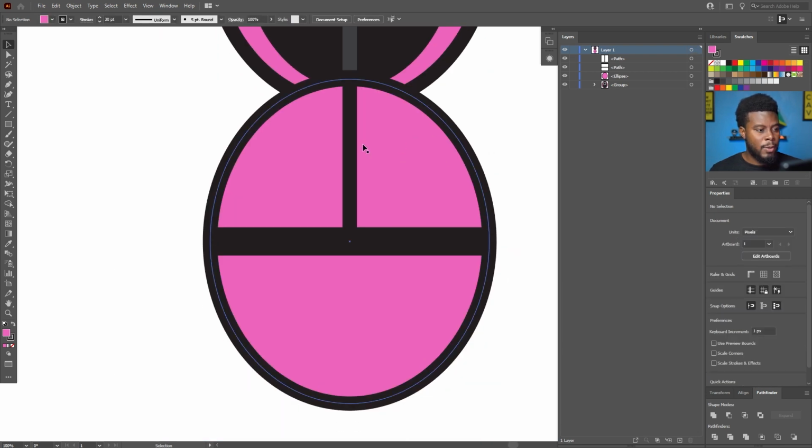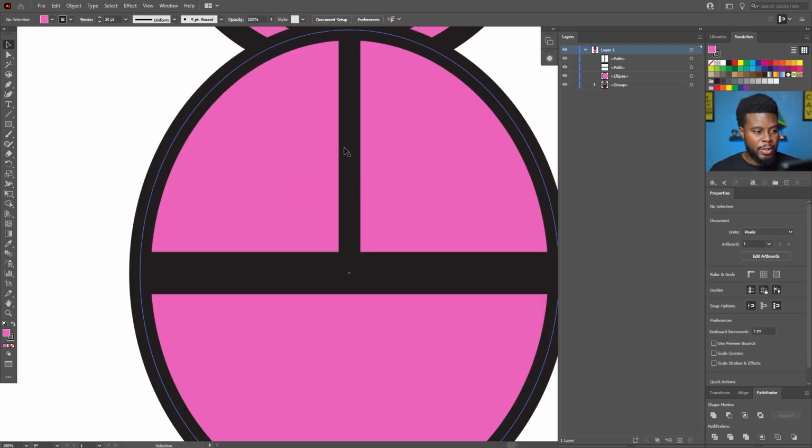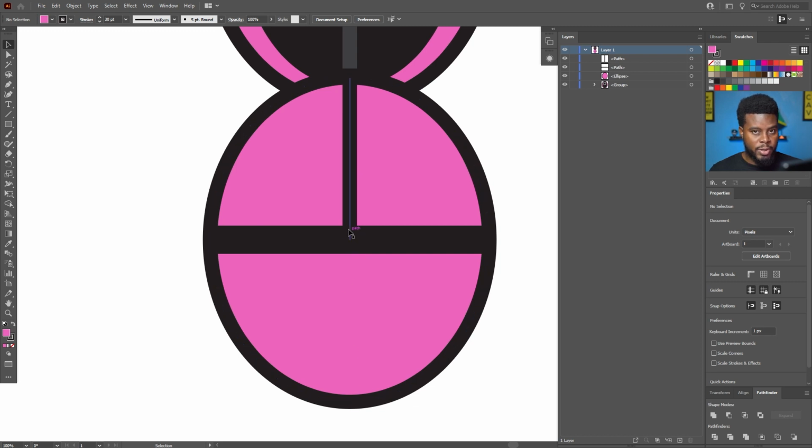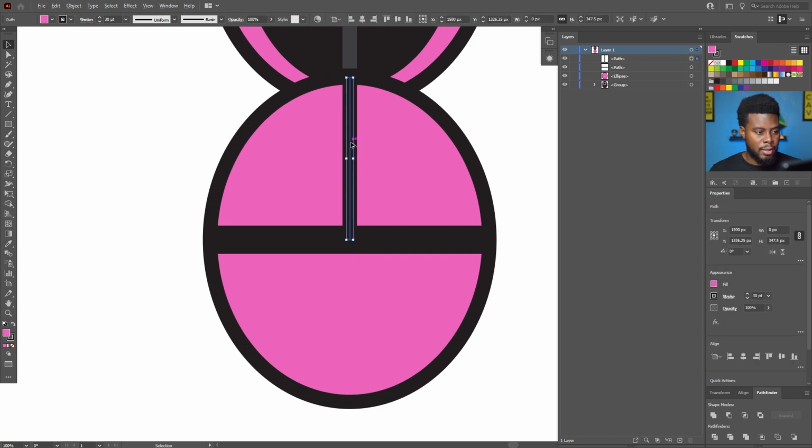Cool. And then I want another line like this, similar to this one, down here to represent the separation of the legs, right? I'm just gonna hold Alt and drag it down. That duplicates it for me, and then I'm just gonna shorten the length, because I don't want it to come all the way up here to meet it. I want it to stop a little bit down here,